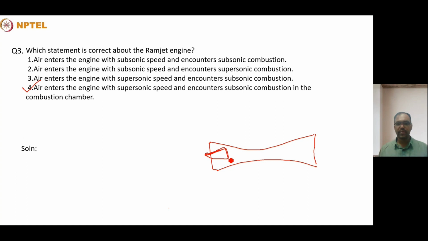This is the inlet ramming effect producing ram. So the air will be incoming into the engine at Mach number greater than 1. So for supersonic speeds, the inlet will be supersonic speed, but a converging duct will be acting as a diffuser